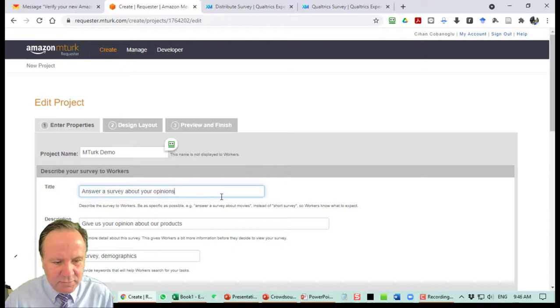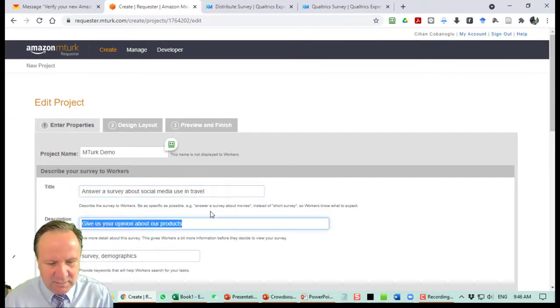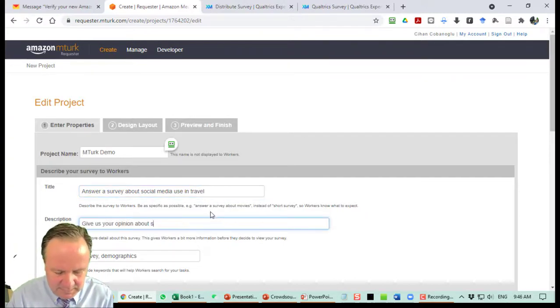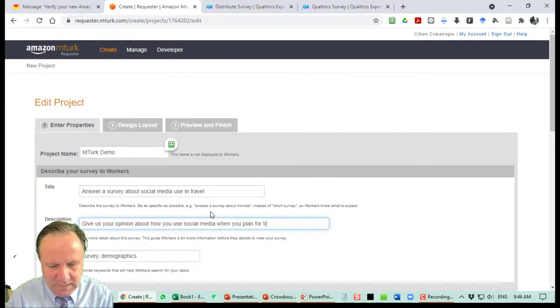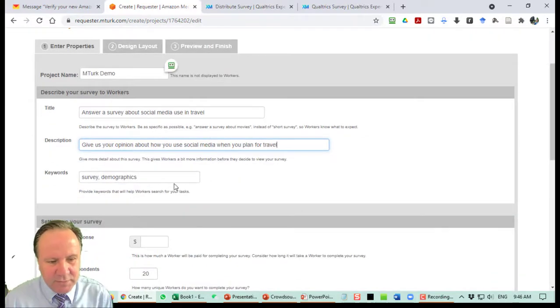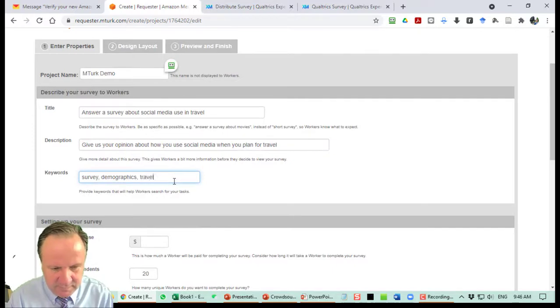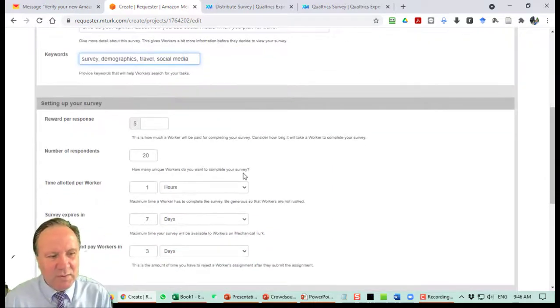Here you are going to put about social media use in hospitality, if this is in traveling. Travel, about how you use social media when you plan for travel. I am making this up, okay? Survey demographics, travel, social media, and this is where you are going to put the reward, how much reward you're